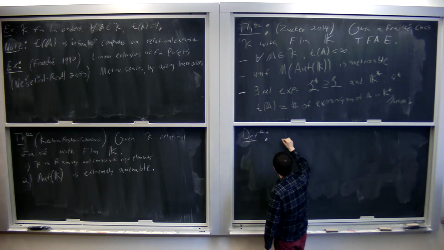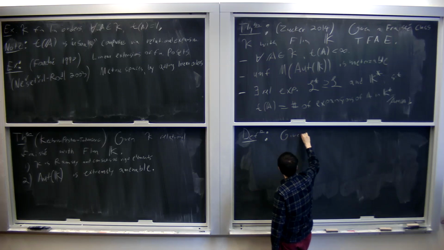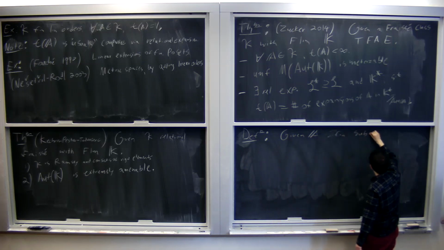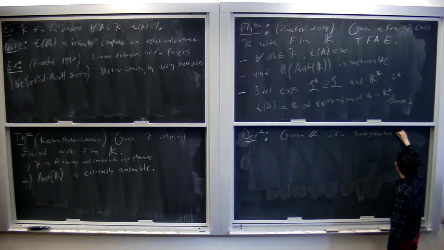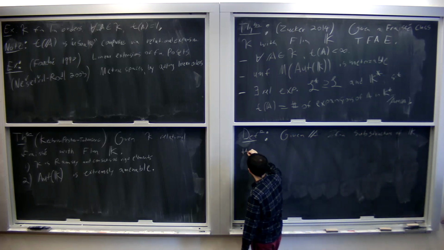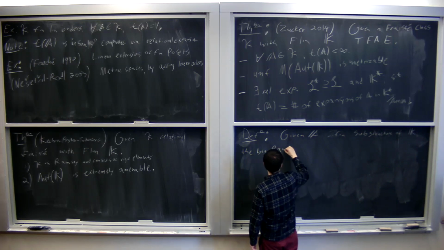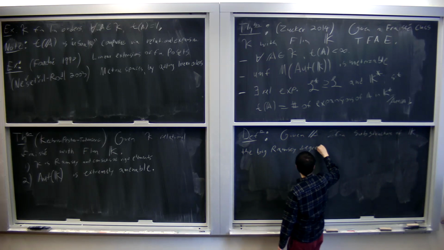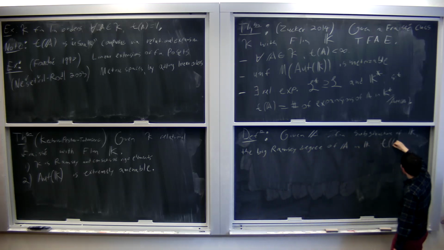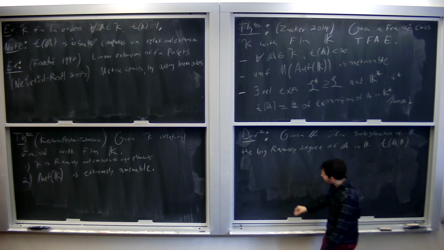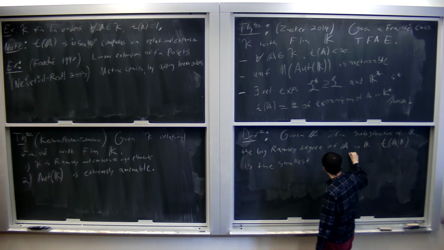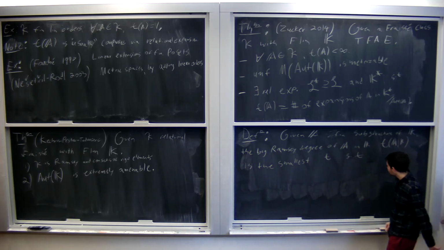So I guess a brief reminder: given a finite structure, a finite substructure A of K, the Big Ramsey degree of A in K, which I'll denote T(A, K), is the smallest T such that, and the definition looks similar to before, but actually quite nicer,